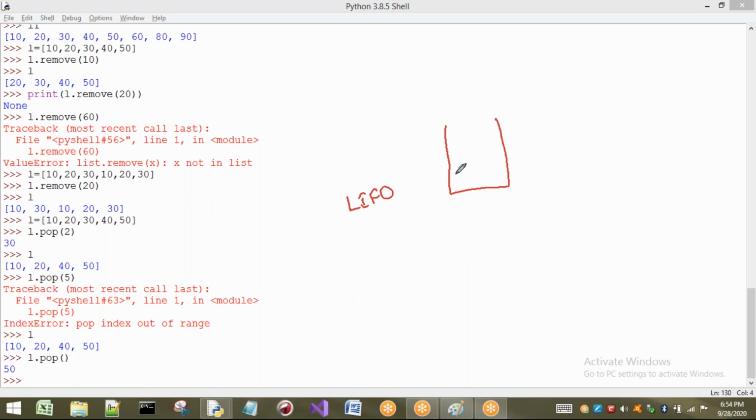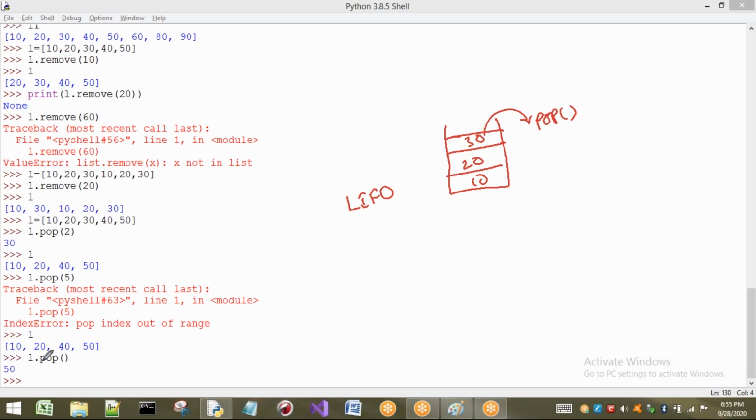Just see, for example, 10 is inserted, 20 is inserted, 30 is inserted into the stack. According to the stack principle, what is the last element I have inserted? 30. So if I want to remove an element, 30 will be removed first. That is nothing but popped first. If I apply pop, it is going to return the last element inserted into the stack.